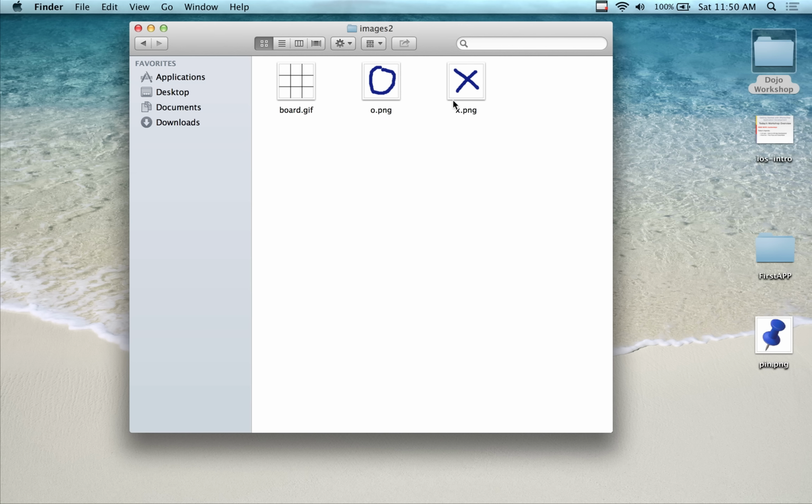Looks like that. You can probably make your own images, actually. That's kind of fun. And if you want to make it 3, you're going to have to come up with a third image. But make the board wider. Make this wider. So it's basically an image view, and then on top of the image views,